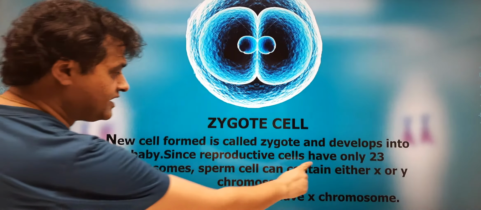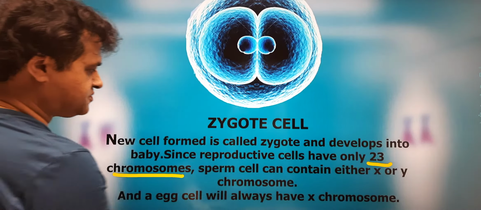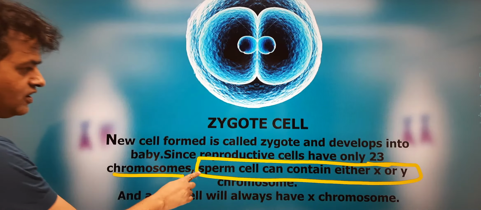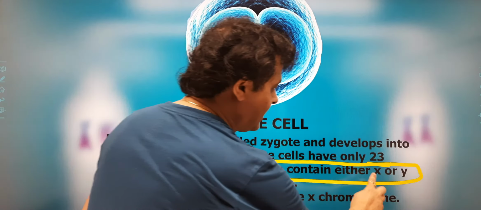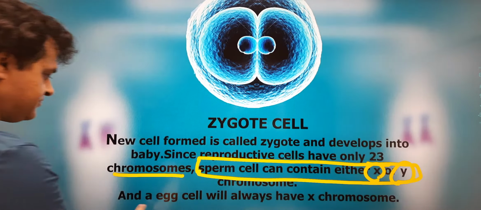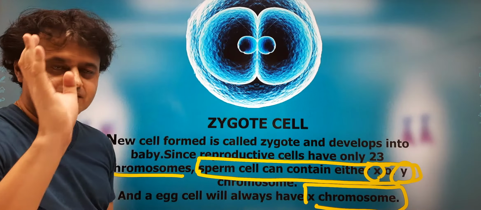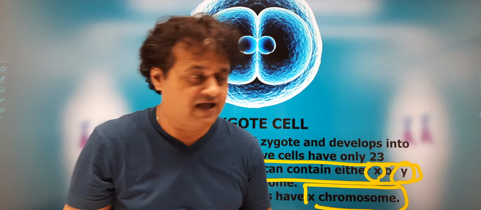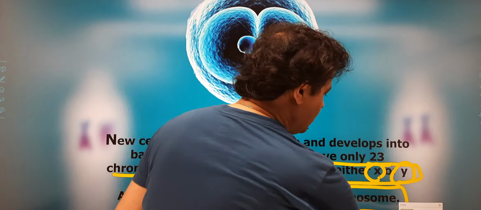Then since reproductive cells have only 23 chromosomes, sperm cell can contain either X or Y. This is what we were discussing in the last slide, कि sperm cell can contain either X or Y chromosome, while egg cell will always have X chromosome only. Sperm X वाला हो सकता है, Y वाला भी हो सकता है, लेकिन जो ओवम होता है वो केवल X